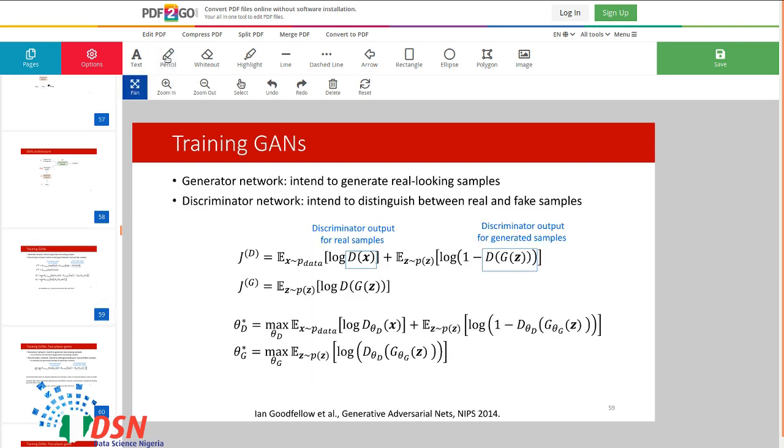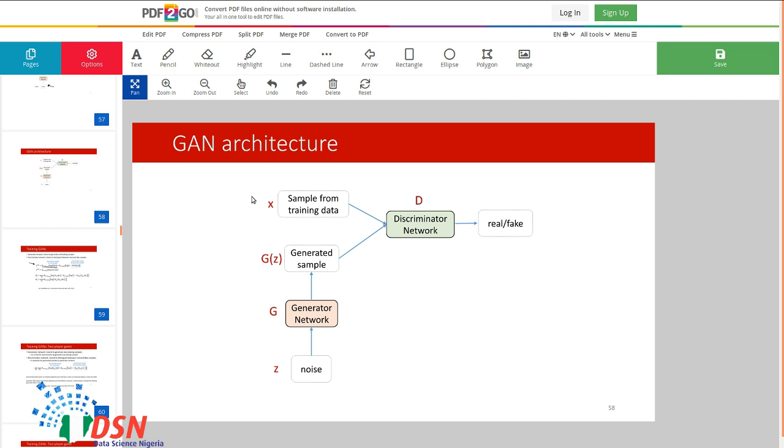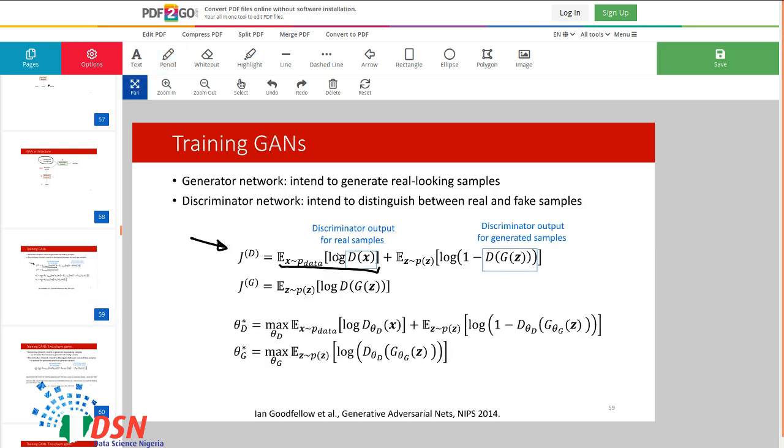So let's see how we could do that. We could define the cost function of the discriminator network something like this. We want to have the maximum output for the samples from the true distribution. As you can see, this is the first term here, so we want to maximize this.